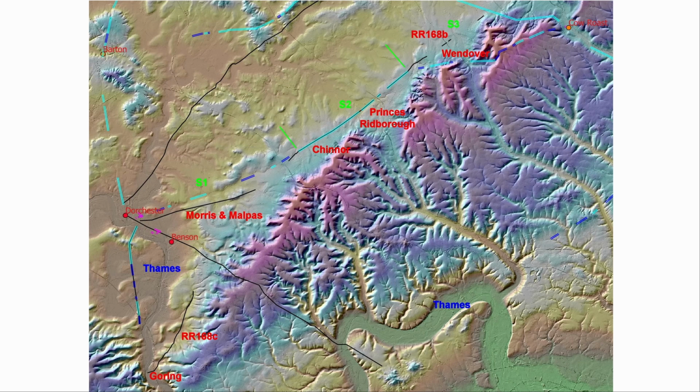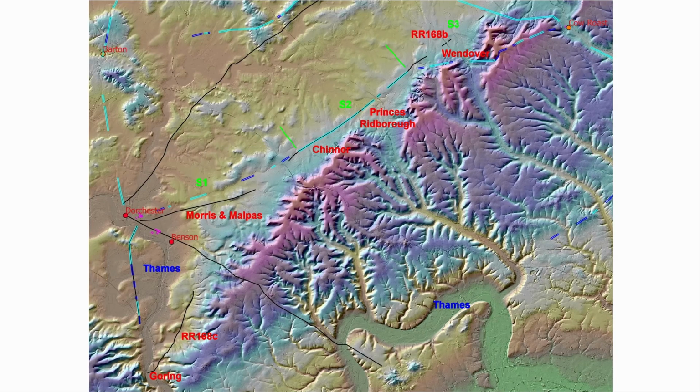They probably suggested the section of road 168C because it was known that there was Roman settlement at Goring, but Ivan Margary later ignored this and only showed 168B in his book on the Roman roads of Britain. Later on, Morris and Malpass, who are linked below this video, suggested an alternative to 168C leading directly to Dorchester. In my discussion of the road, I'm going to divide this into three separate sections: the southwest, the centre and